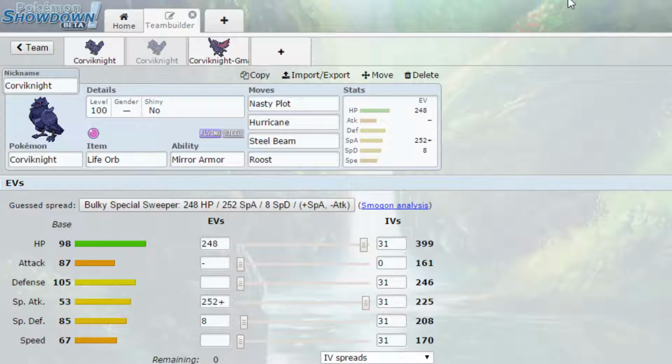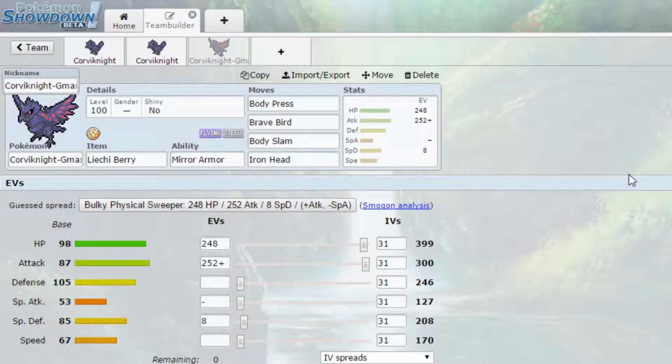Now, the Gigantamax set is really pretty awesome. I really like Gigantamax Corviknight, and that is because you can, one, increase your attack using Max Knuckle from Body Press, and that can be really handy, maybe one or two turns using that. But the even more amazing thing is you can use the flying type. Rather than go into Max Airstream and increase your speed,